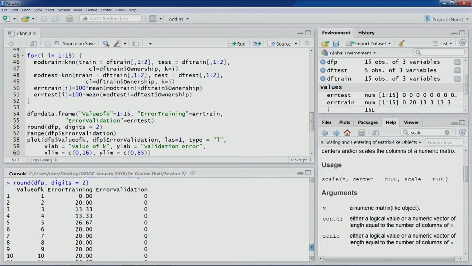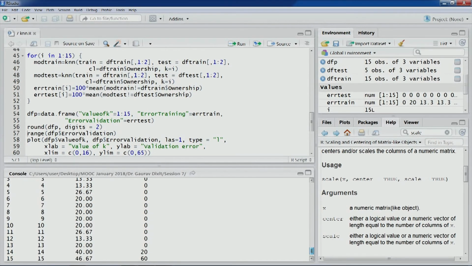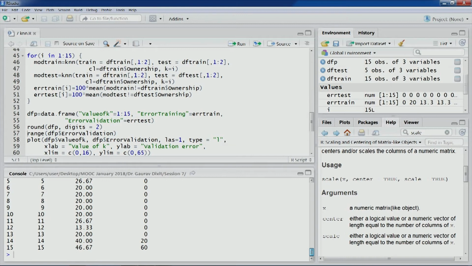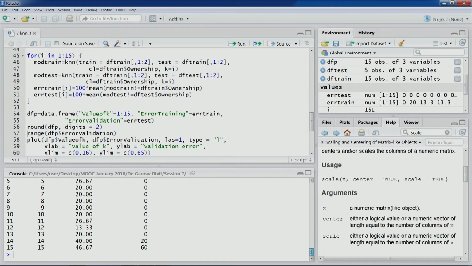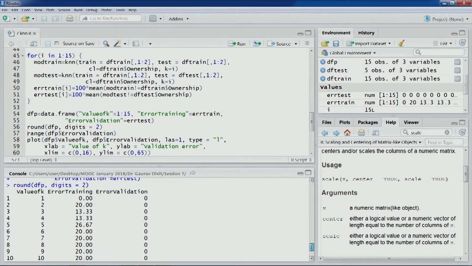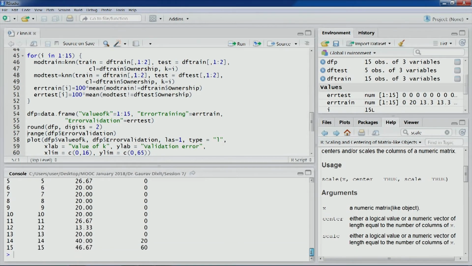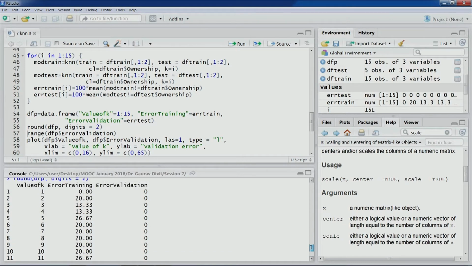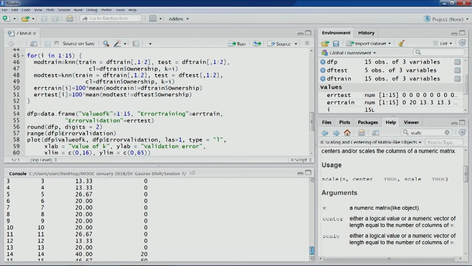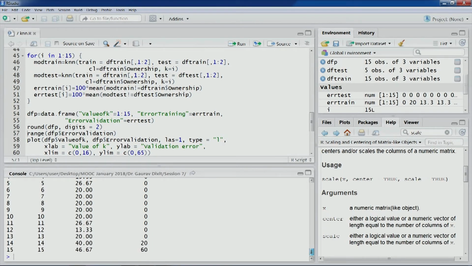The error keeps on increasing as we increase the value of k. As we move from 1 to 15, the error in the training partition keeps on increasing, and if we look at the validation error, it remains at 0. So this is a peculiarity about this particular data set. This particular partition is being captured, not the typical case. You would see different errors only at k values of 14 and 15.